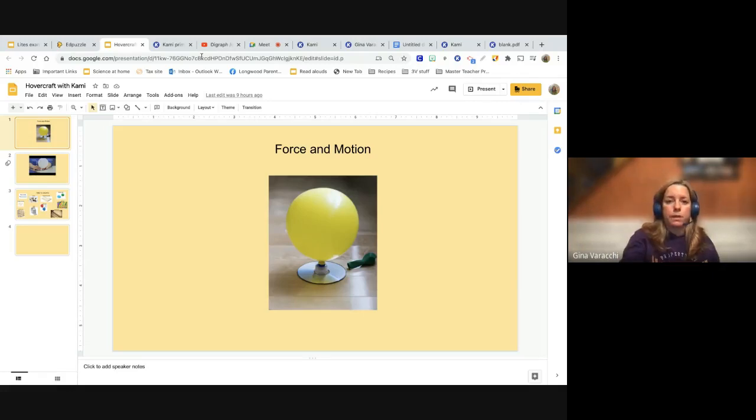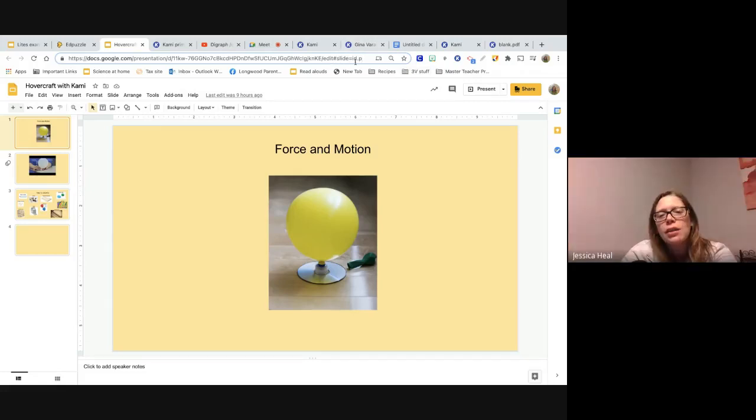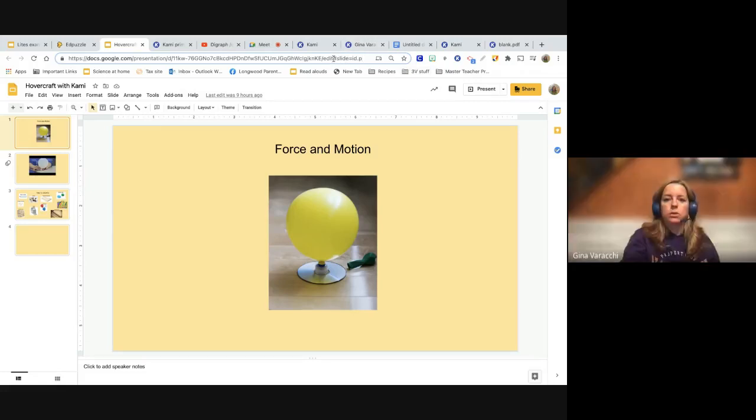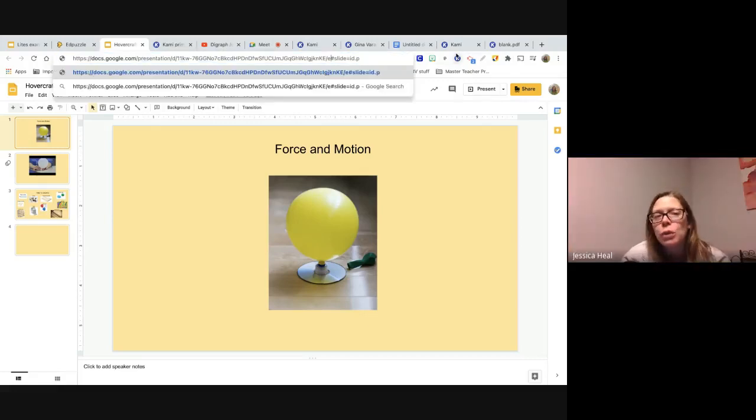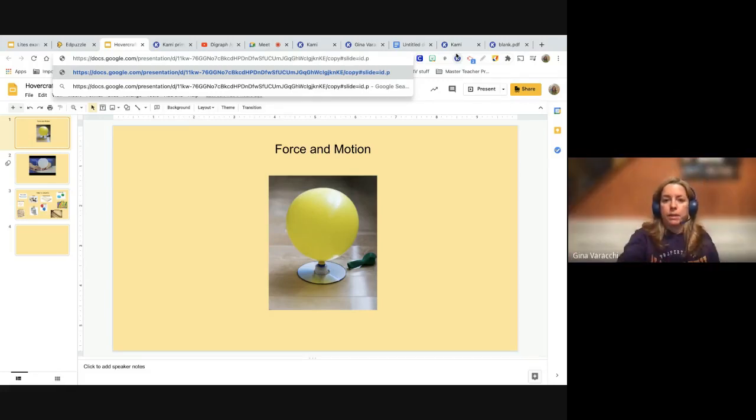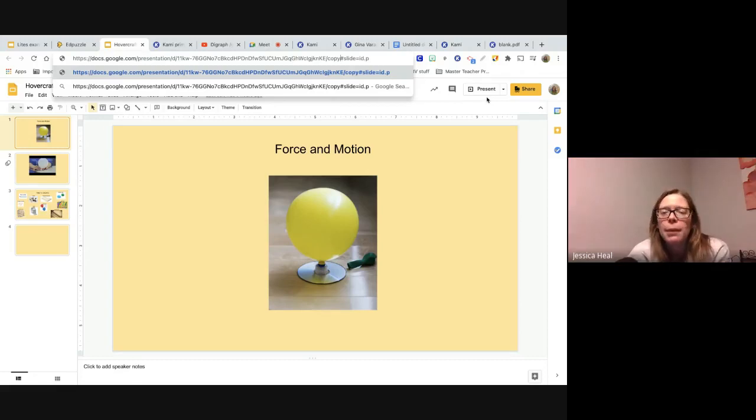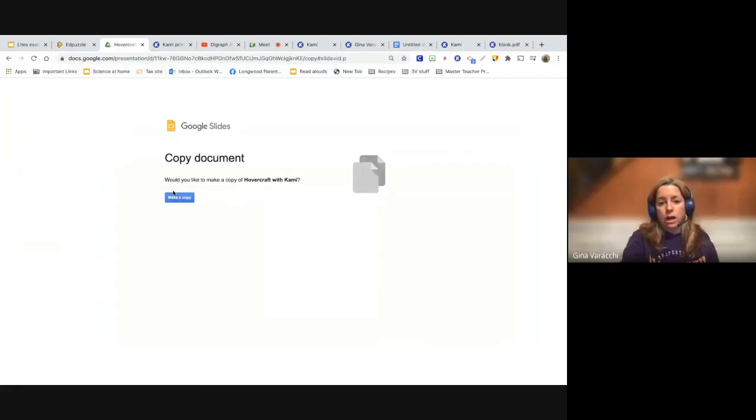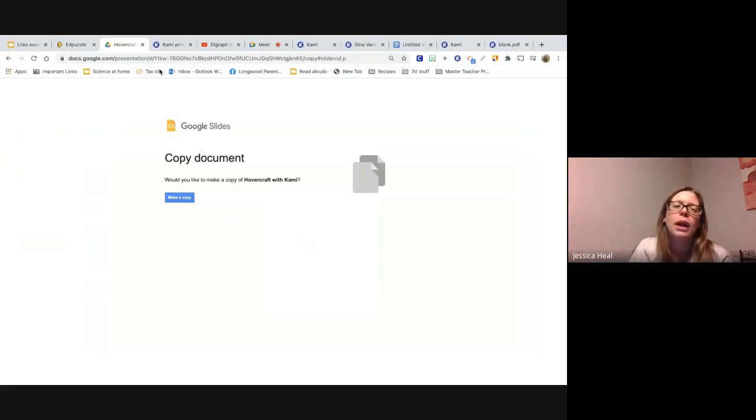You could probably also, if you went up to the address, what is it you do? You change something up here to change that word edit to copy, and I think it forces them to make a copy. That's right. Okay. I haven't done it in so long that I forgot. No, it's fine. I have to Google it every once in a while to remind myself. So you change the word edit to copy, and then it forces a copy. I've never done that through Kami. Okay. But if you gave it a try, I mean, it just did it to me. So if you give it a try,